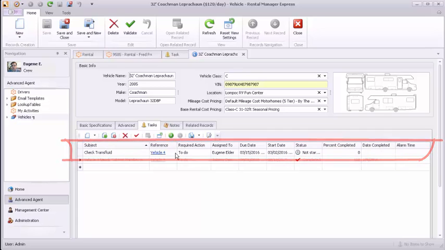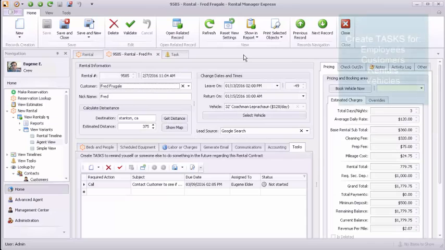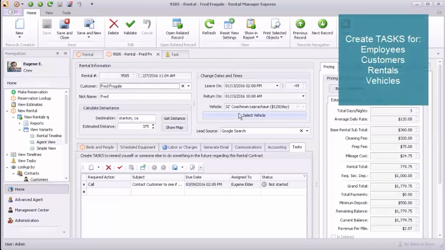And then later on, when I go back to my list of stuff to do, I'll be able just to see this one record sitting in there, click on this reference connection. It'll bring me right back to this screen right here. Those same tasks can be created for employees, customers, rentals themselves, the customer on the rental,